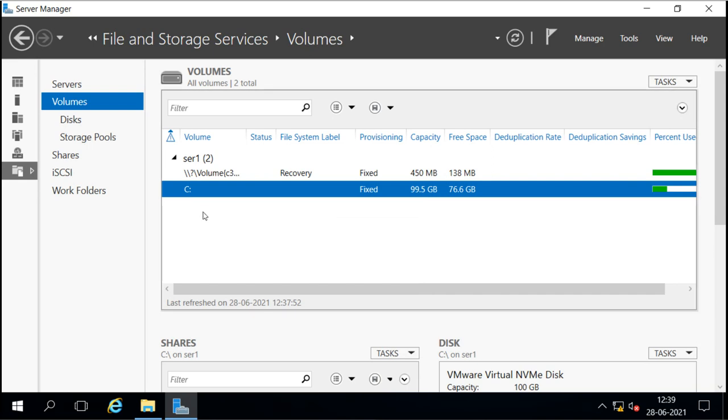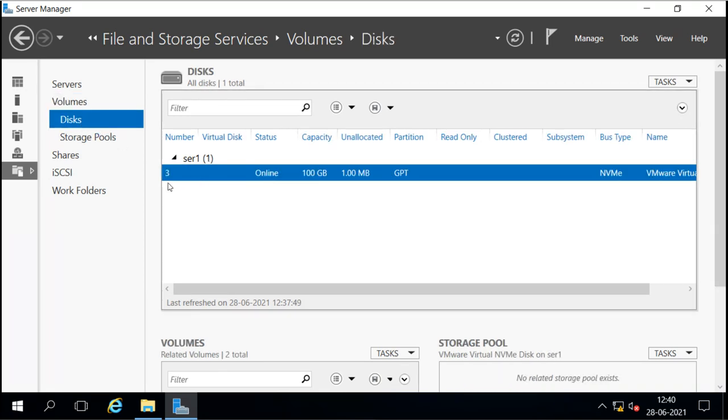But one more thing: you can't enable it on the C drive. It is not for the C drive, but you can enable it on another drive. This C drive is our system drive, our installation is on this partition, so we can't do that here. If we have any other hard disk, other storage, or another volume on the same disk, we can do that. So how many disks do we have? We have only one disk.